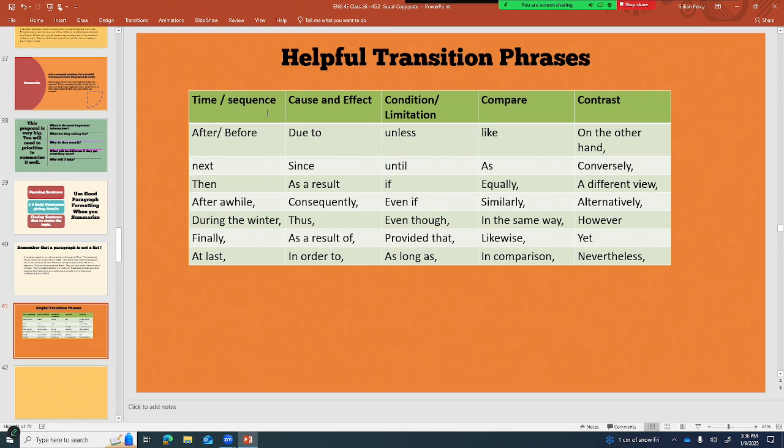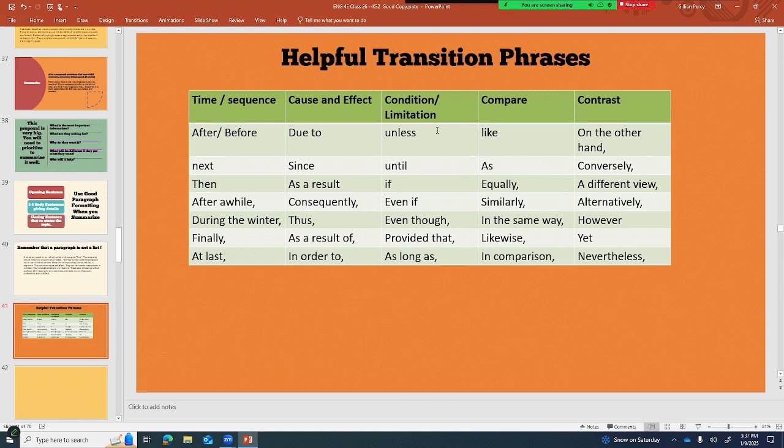Some words that explain time or sequence: things like after, before, next, then, after a while, during the winter, finally, at last. For cause and effect: due to, since, as a result, consequently, thus, as a result of, in order to.